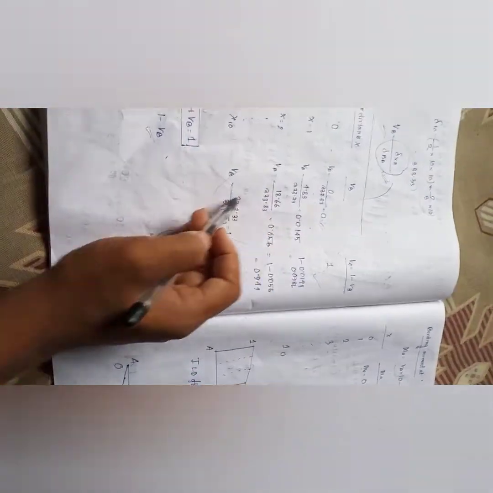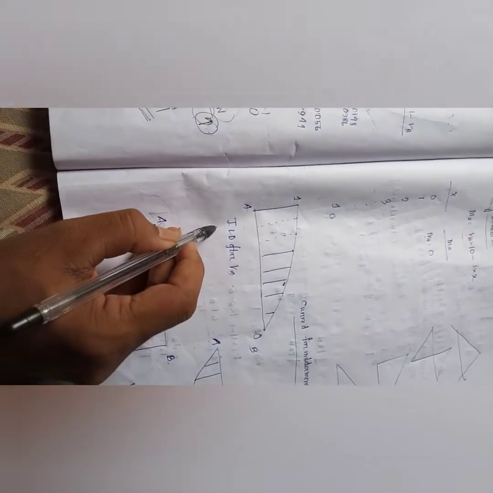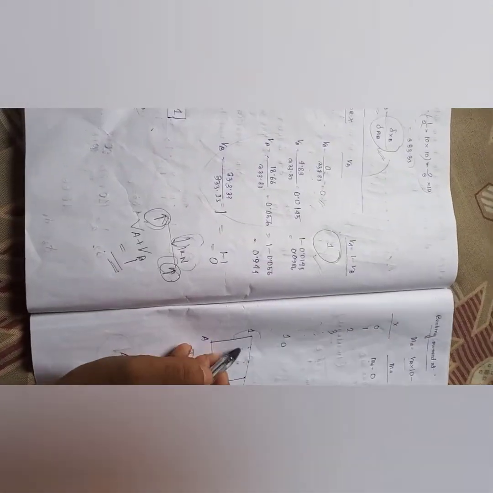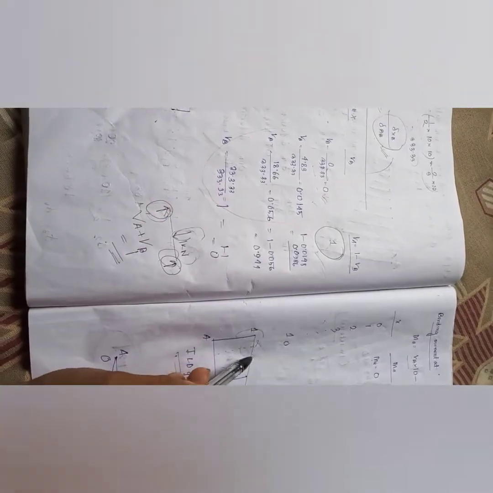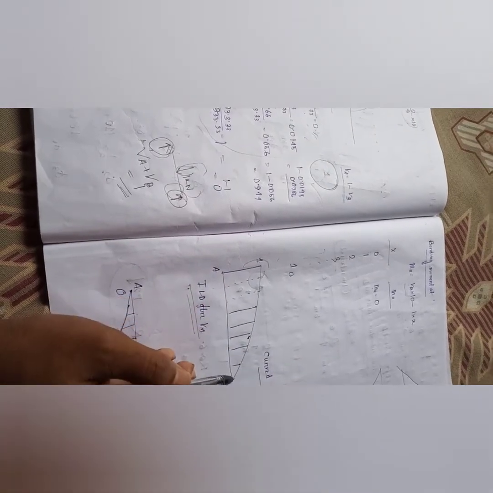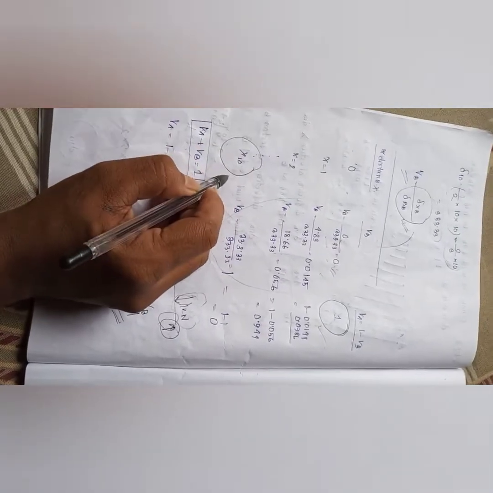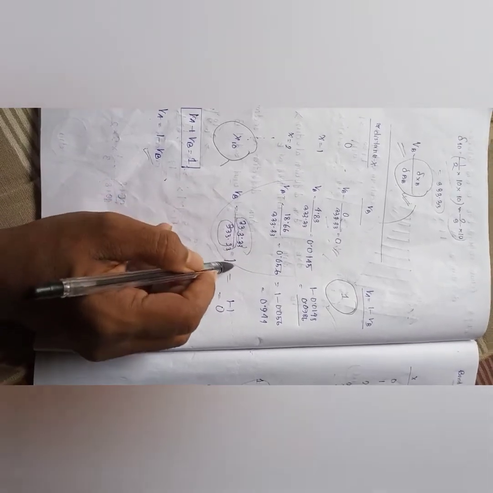Why will it not be straight? If we observe these values carefully and put them in the actual graph, we see in practice that the graph comes as a curved portion, right? So when we find the ILD for VA, VA I have found here at x equal to 0, VA value is 1. So put VA value equal to 1. Then the value comes 0.0986. Okay, just put it here, and it will go just like this, and so on. And at last x equal to 10. Listen, x equal to 10 means the deflection at B, right? So this will be 333.33 divided by 333.33 equal to 1.